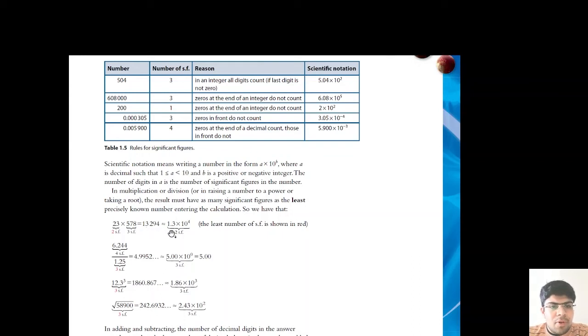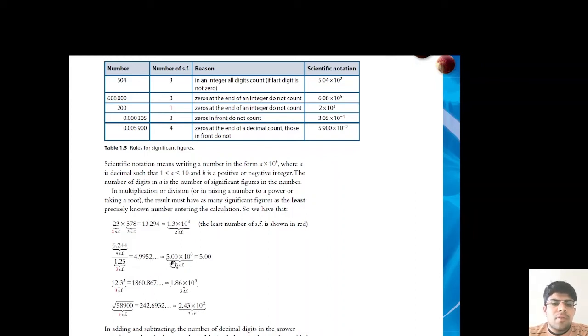13,294, which equals 1.3 times 10 raised to power 4, which has two significant figures here. Here 23 has two significant figures and 578 has three significant figures. So we just have to see the least number of significant figures, which are shown in red here. So after that, here also we should have the least number of significant figures, remember. Here we have 6.244, which has four significant figures, and 1.25, which has three significant figures. So the denominator has fewer significant figures than the numerator, which equals 4.9952 and so on,